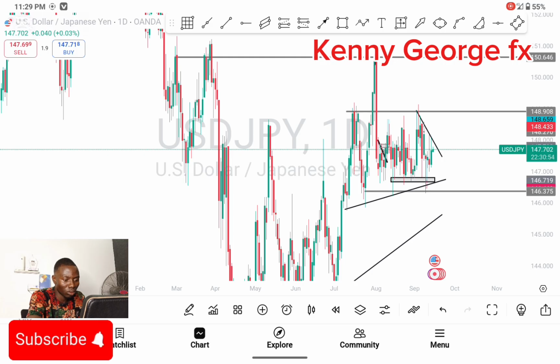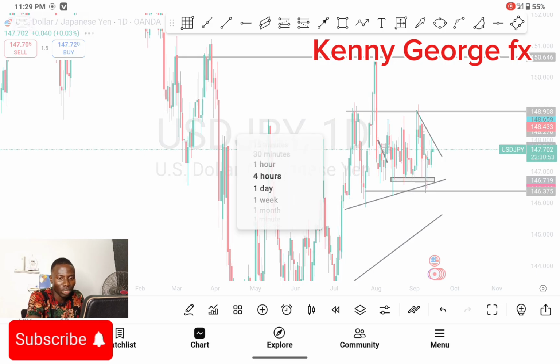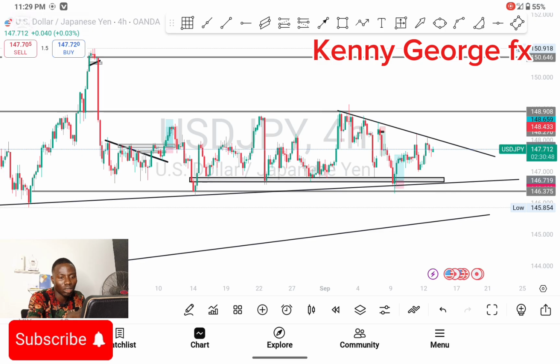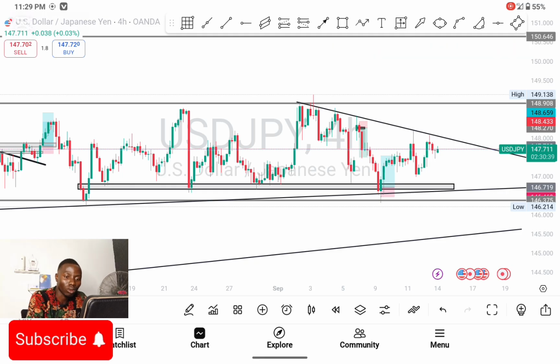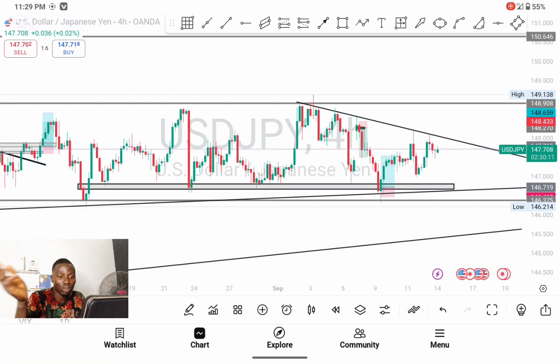I just want to share one update with you guys: how to trade a gap in the market. You understand how to trade a gap when the market opens with a gap. That normally happens during the weekend and with some news. Some news will just cut the chart, whether down or up. Most times it happens on the weekend, on Monday, Sunday from 11 o'clock down till early in the morning.